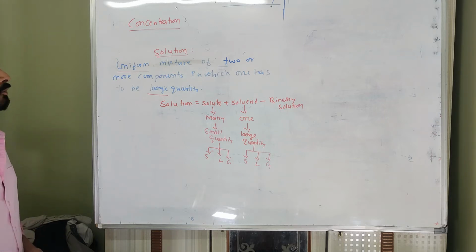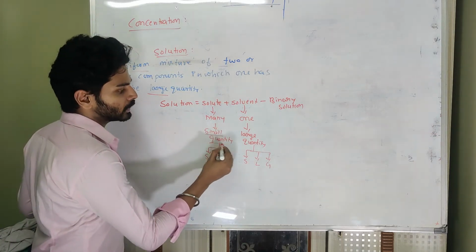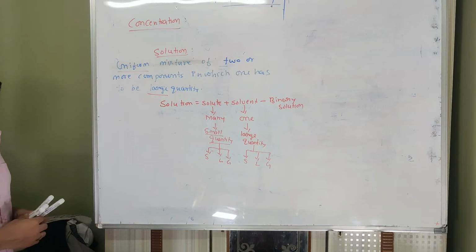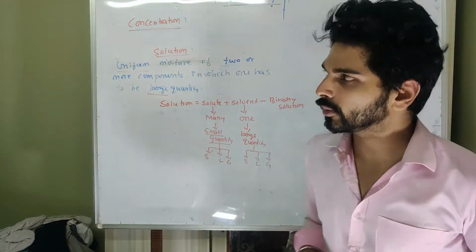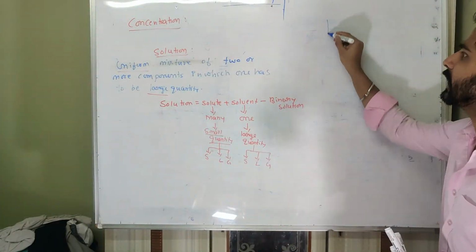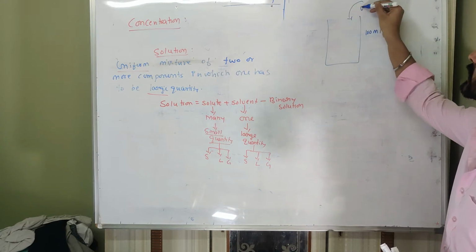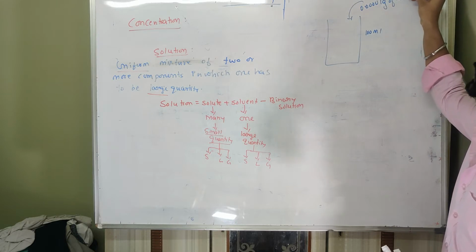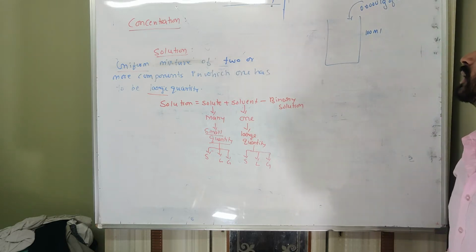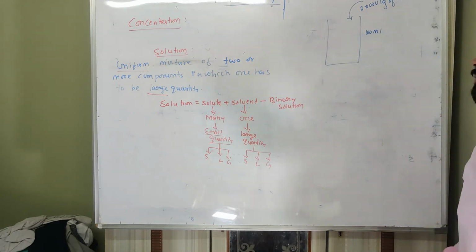So then what is concentration? Here we can see a small quantity of solute is dissolved in a large quantity of solvent. Now this small quantity can be anything. Let us say I am taking 100 ml of water and I am adding 0.0001 gram of some salt in this and it is getting dissolved. Then this is an example of solution because all that solute will get dissolved in water.